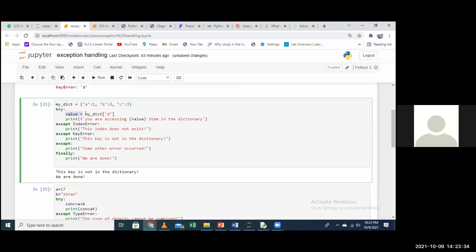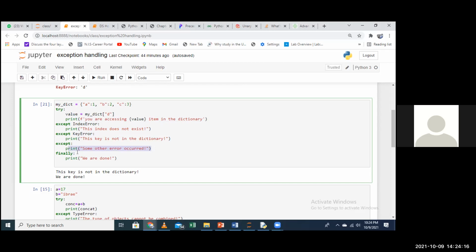Here, what we are trying to do is when we say try, we are instructing your computer to do this, giving it a command. These are the 2 lines of code that your computer will execute. In case this cannot be executed, then instead of giving an error, we exempt the index error. In case there is an index error in your code, it's taken care of, it's handled. So it will not terminate, it will just print: the index does not exist. If there is a key error, the same applies. Or any other error, print some other error occurred. So basically that is what exception handling does.